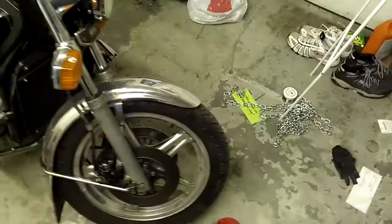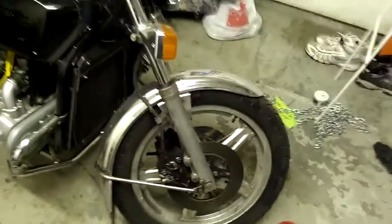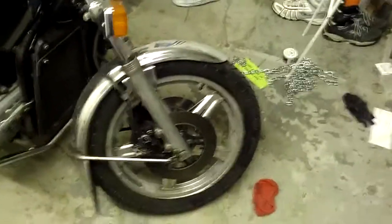We've got dual disc front brakes, and then Honda's Comstar rims, which are alright. I personally don't like the black ones, and now I've got these. I don't really know if I like these either. Okay, wheels, I might change them. Anyway, we've got two single piston brakes,